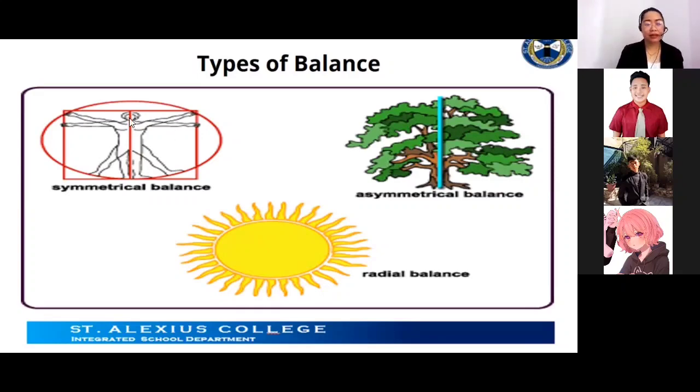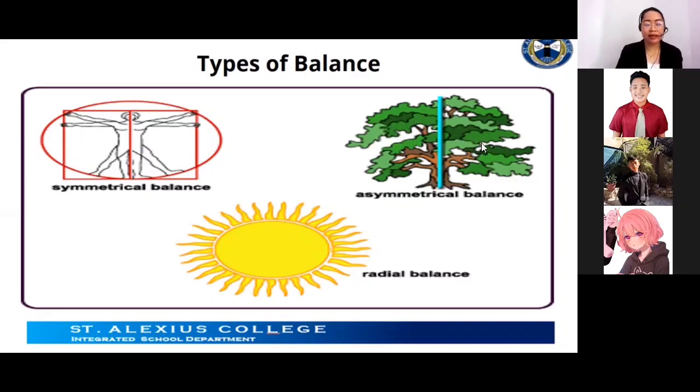It has the same axis. Yan yung tinatawag na symmetrical. But here in our second figure, which is the tree, it is an example of asymmetrical balance. Its branches are not distributed equally on each side, but their total weight is balanced